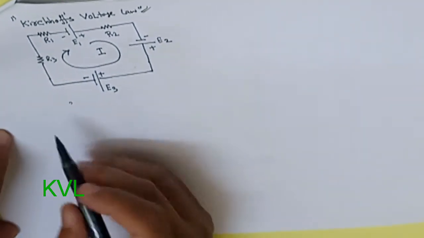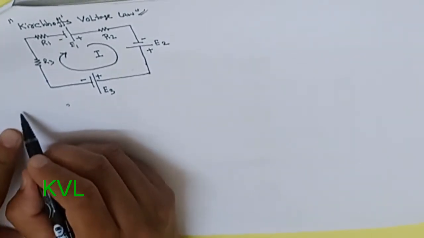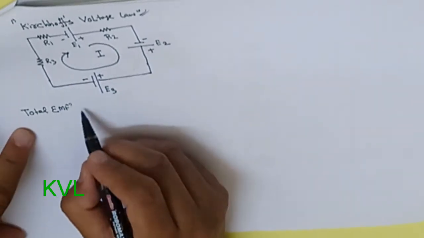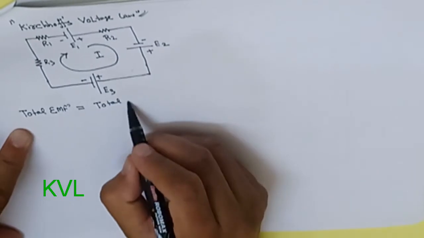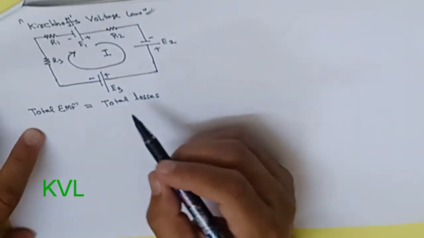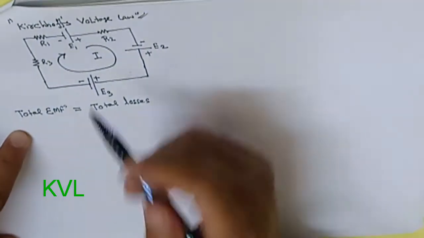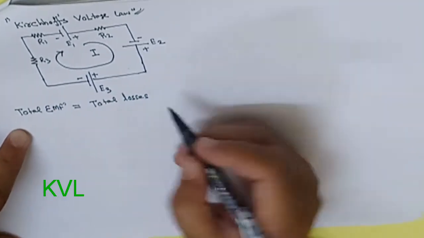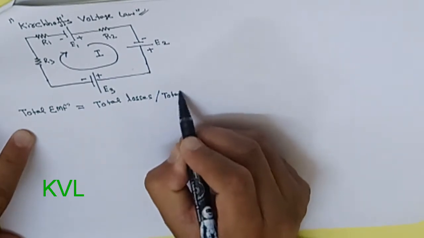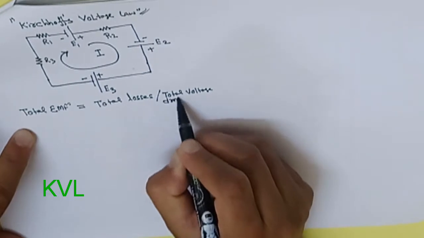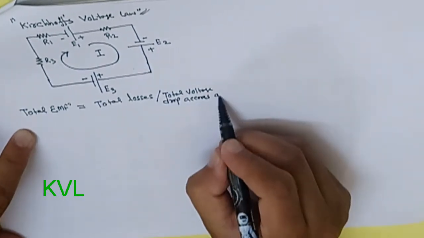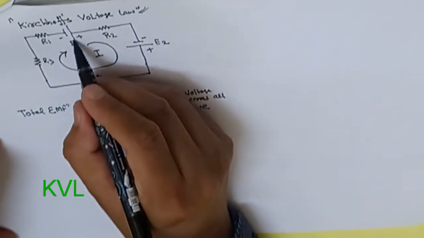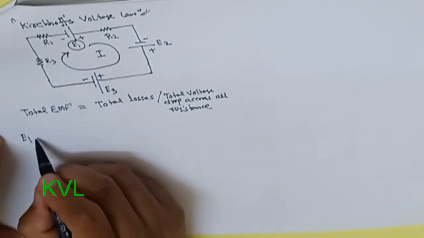As per Kirchhoff's voltage law, the total EMF, electromotive force, is equal to the total losses. Losses here means the current that passes through the resistance, so there is a voltage drop here. So total EMF equals the total losses, or you can say the total voltage drop across all resistance. So the equation will be, we say E1, that is our reference, so write it down, E1 plus